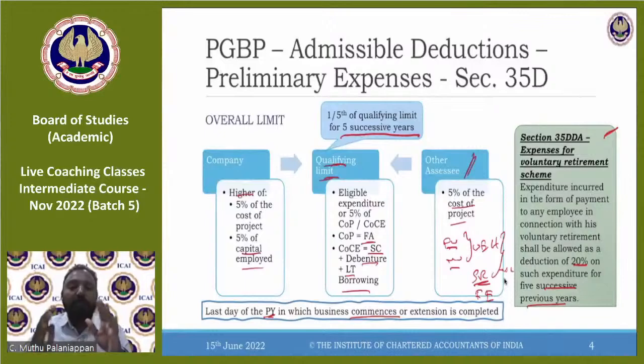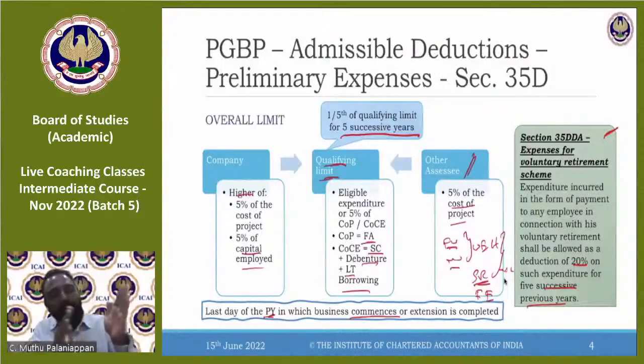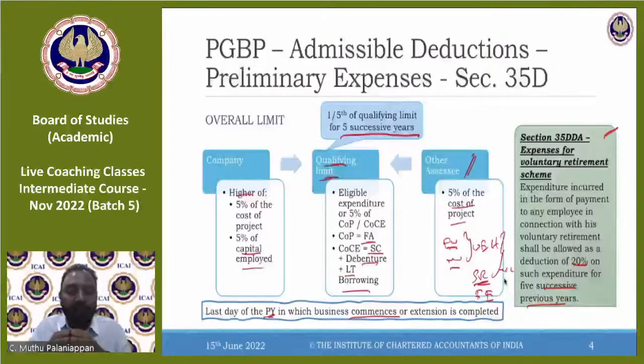So Income Tax says whatever you have done towards incorporation or towards this, you claim it over a period of 5 years. So it is also a business expenditure. But since it's relating to commencement, setting up, incorporation, I'll give you a benefit over a period of 5 years, not in one single year. So that's why they're probably giving deduction for commencement. It is also a business expenditure, but since it was before commencement and you do not know the volume of the expenditure, you're allowing them to claim it over a period of 5 years.